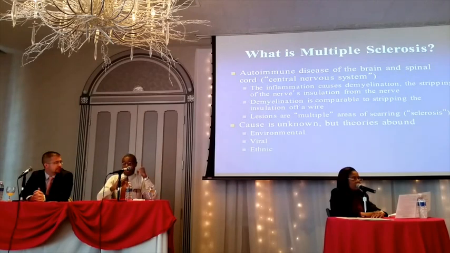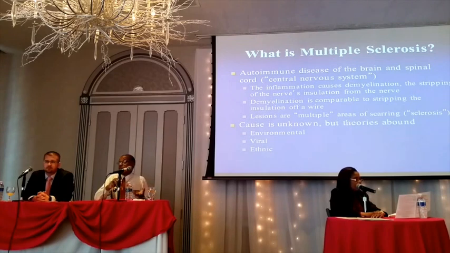There are other viruses like Epstein-Barr virus, which causes mono, which you guys have heard of as the kissing disease, I'm sure. That can manifest. Measles can sometimes manifest with scars inside the brain that look a lot like multiple sclerosis. So because of this, people are thinking, well, is there a virus that we just haven't discovered yet that triggers multiple sclerosis? And if there is, maybe it also explains these clusters of MS that we see.